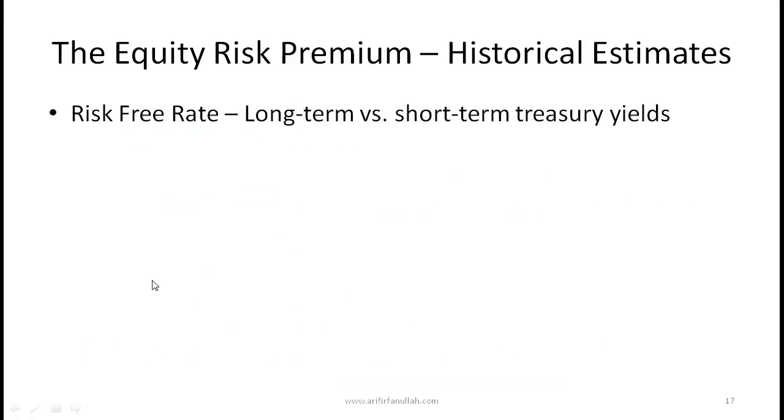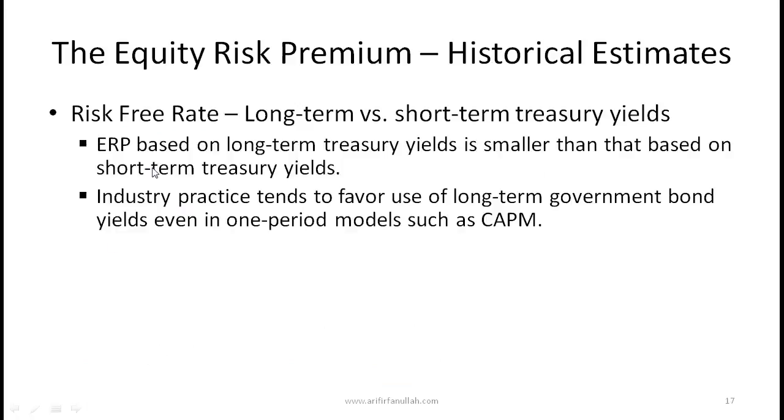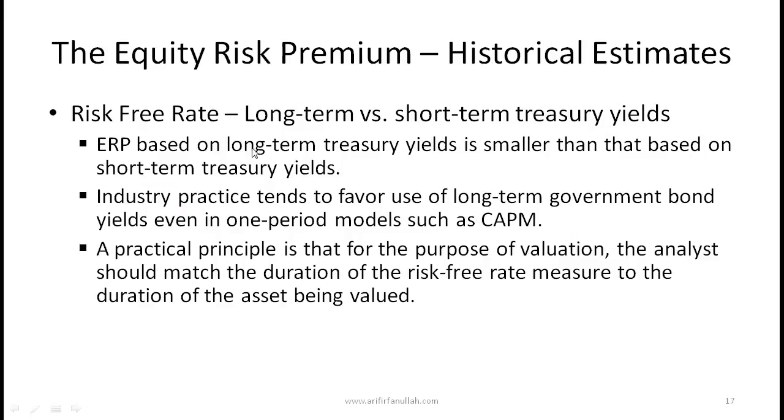And the other quick point in terms of the risk-free rate, let me read through this. Again, I'll just tell you the answer first though. It's better to use the long-term rate. Equity risk premium based on long-term treasury yields is smaller than that based on short-term yields. So this is more conservative. Why is this smaller based on the long-term yields? Generally the longer-term bonds will give you a higher yield. So the equity risk premium will be lower if you are using